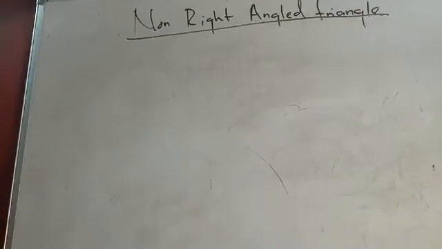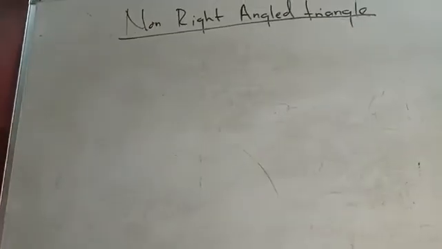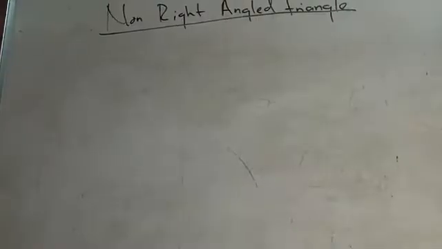In a non-right angled triangle, there is no angle which will be equal to 90 degrees. So by saying this, it will be like this: